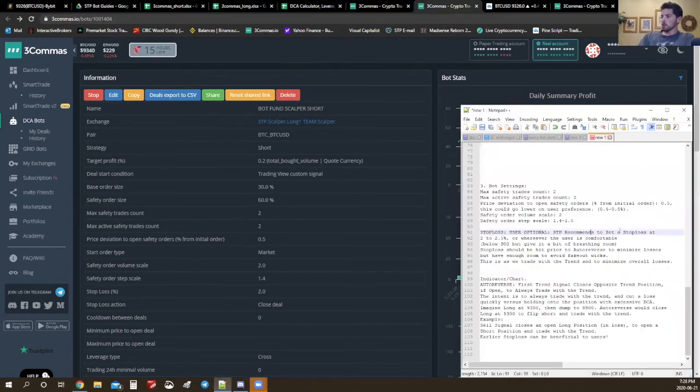So what I'm going to say here is STB recommends to set a stop loss at 2 to 2.5% or wherever the user is comfortable. It should be below SO2, obviously, if you're long, but give it a bit of breathing room. So if I've got SO2 at 1.2% here, I want my stop loss at 2% or 2.5%. In case I hit SO2, my stop loss should have enough room to avoid fake out wicks,